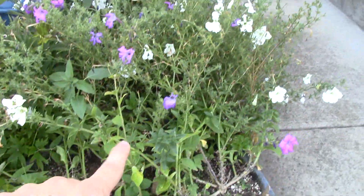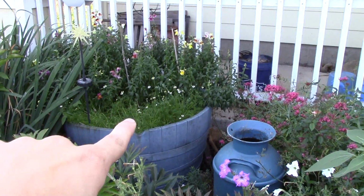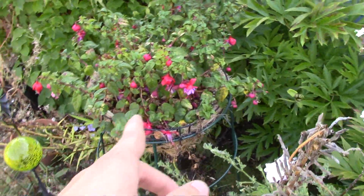So here's the petunias, looking good. Snapdragons, and I got a second crop of chamomile coming on from the other chamomile seeds after they quit going on me. Fuchsia looking a little wilted. And over here,